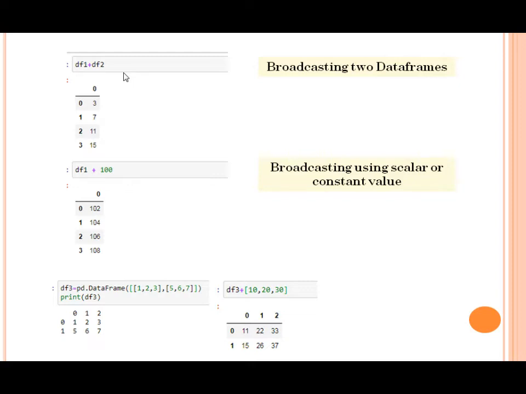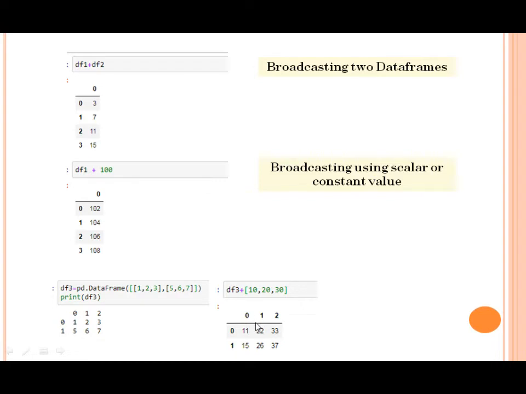Clear? So my last example is df3 equals pd.DataFrame, and the new data frame is here with 2 dimensions. See, this is how I created the data frame, and now I add 3 different values in it. So I have added df3 plus 10, 20, 30, all in the form of a list.